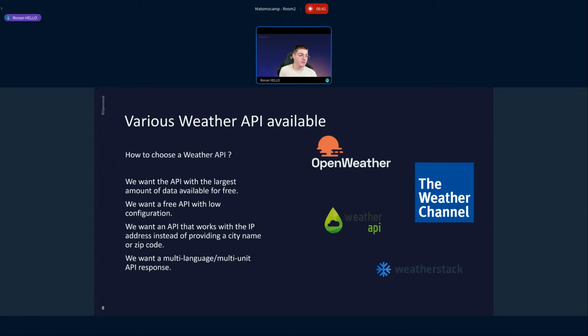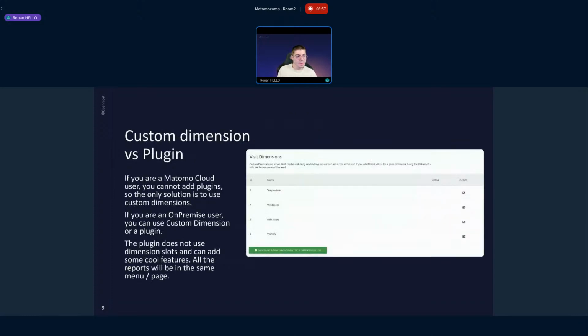The output response has a lot of data, it works with an IP, and you can provide a language. So the API can speak in French, English, Spanish, Danish, any language supported by the API, which checked all our checklists.